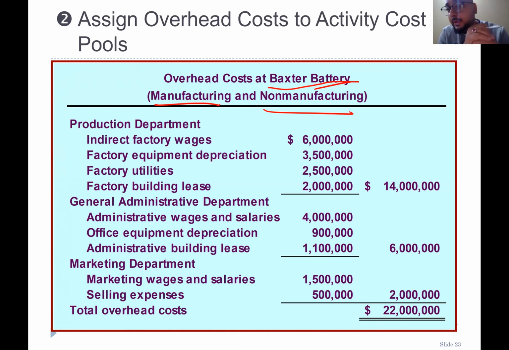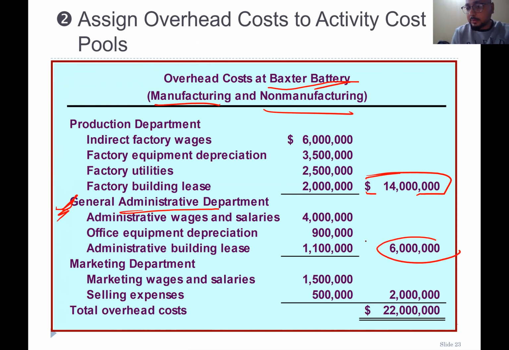On their income statement, we find that 14 million is manufacturing overhead. Their general administrative department cost is 6 million, and marketing department cost is 2 million, right? So it means they have given all the manufacturing and non-manufacturing cost. Remember what we have talked about, that the ABC used